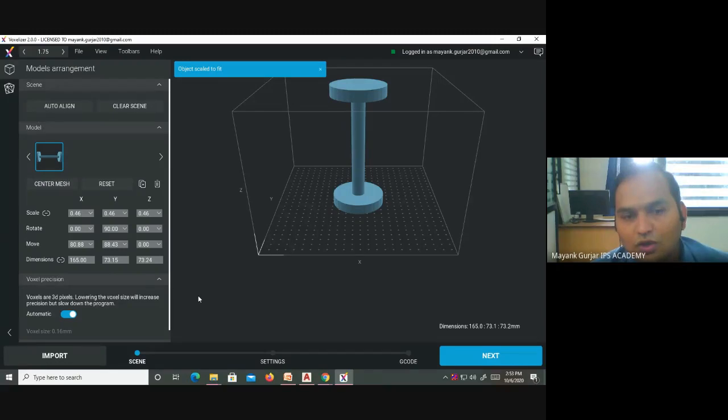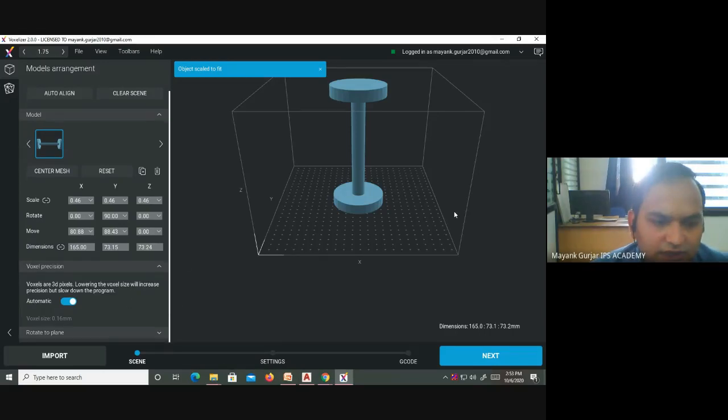If we want a smooth surface, we have to keep the layer height as low as possible. We can go down to 0.02 mm, 0.01 mm, and 0.1, 0.2, like this. And if there is no requirement of a smooth surface finish, we can set the layer height to 0.2, 0.3.